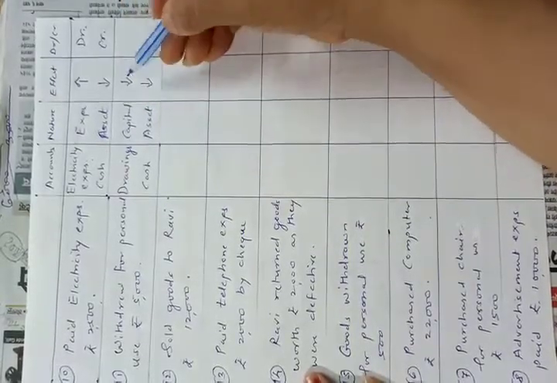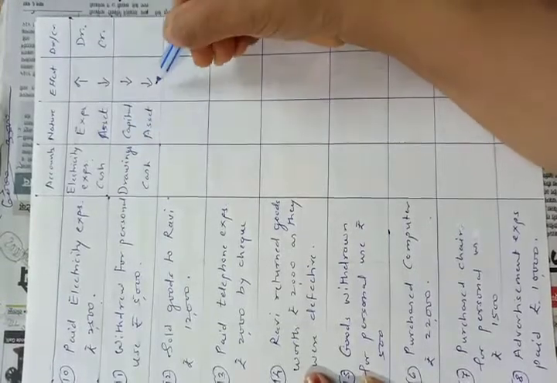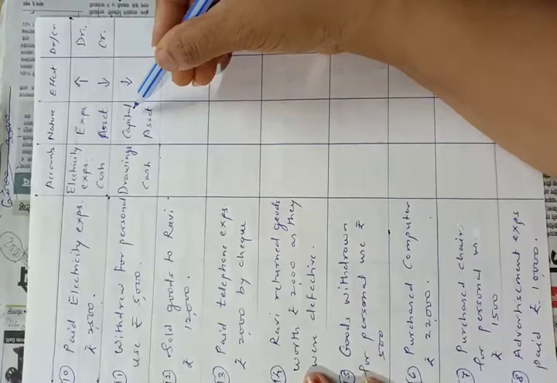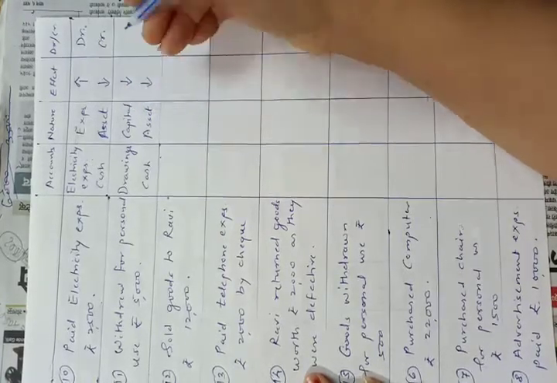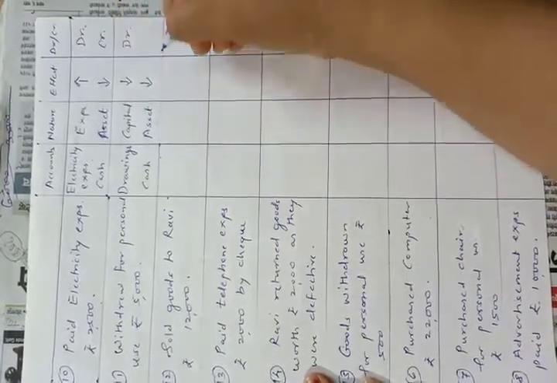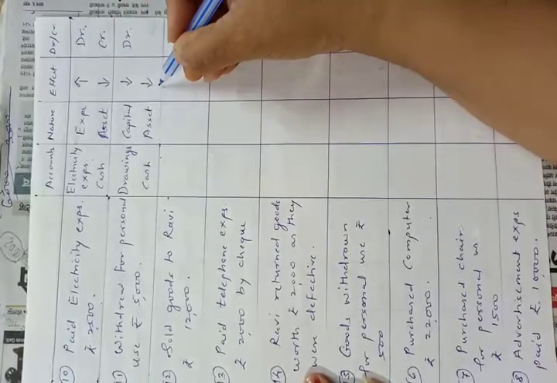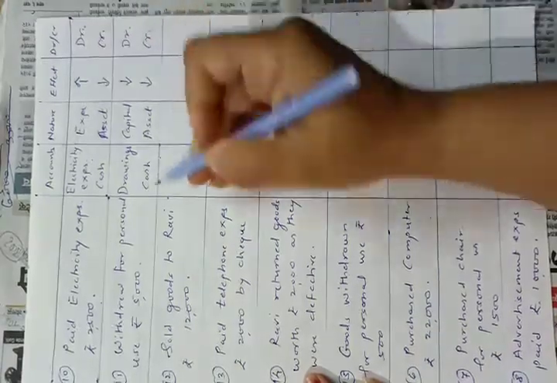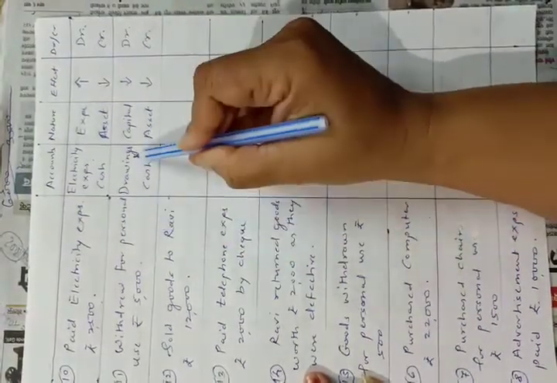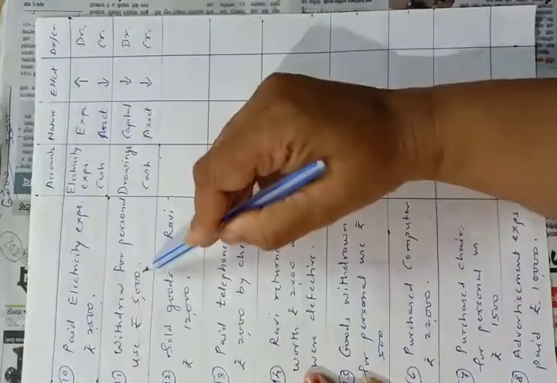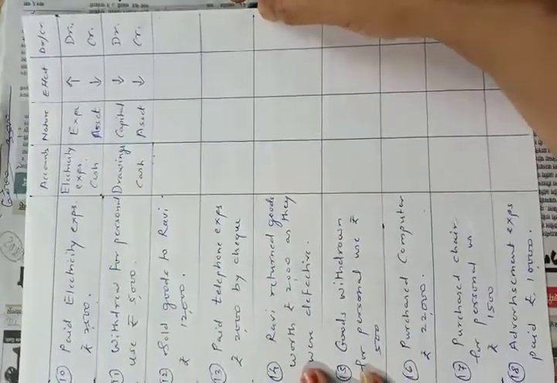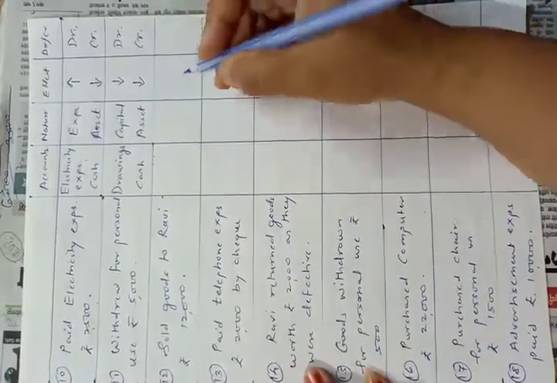Okay. Now second rule for drawings account and first rule for cash account. Second rule says that if there is decrease in capital, account should be debited. First rule says that if there is decrease in asset, account should be credited. So in this transaction, Drawings account will be debited by rupees 5,000 and cash account will be credited by rupees 5,000. Understood? Now the next transaction.